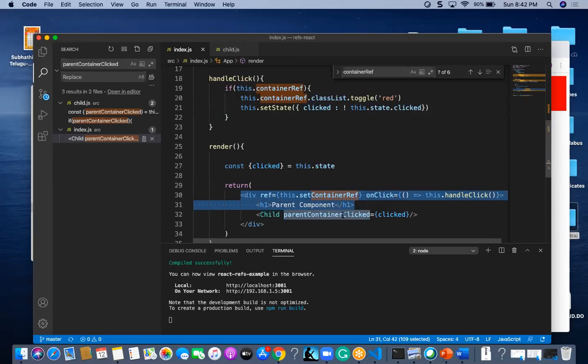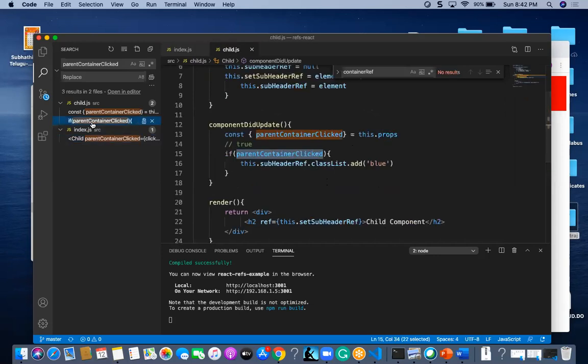The second part is changing the color of the child component. So now it will go and take the state value of this clicked. Then it will go for this constant parent container clicked here, this dot props.